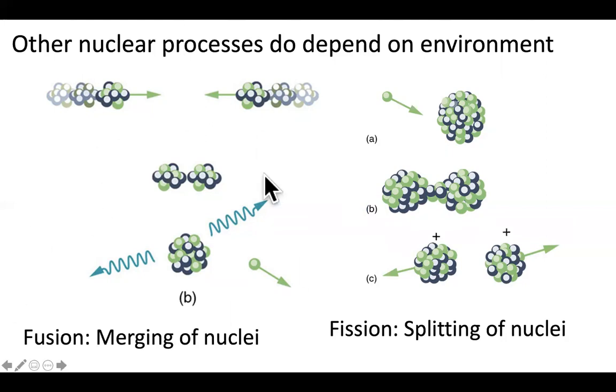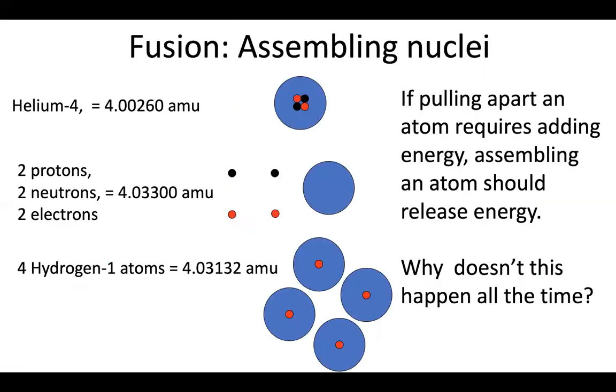So let's first talk about the one that's maybe a little more straightforward demonstration of why certain nuclear reactions only occur in certain environments. That's fusion, putting nuclei together. To see what this is about, let's go back to this picture we talked about earlier, where we pointed out that taking a helium atom, 2 protons, 2 neutrons, and 2 electrons, and pulling it apart into its component pieces resulted in an increase in mass, which means you need to add energy to pull that sort of atom apart. And that most of it goes into pulling the nucleus apart.